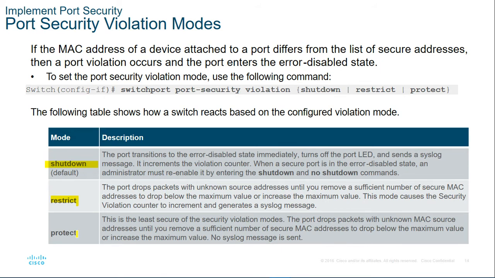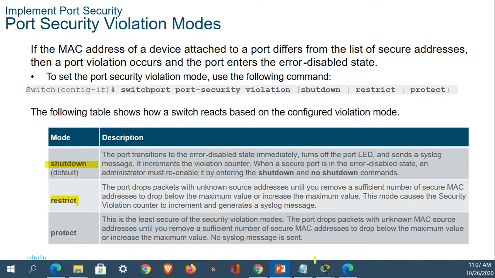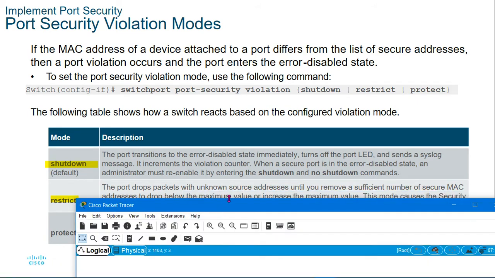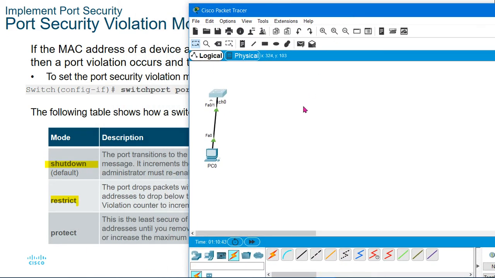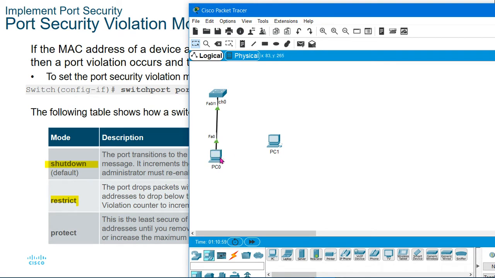We will take an example. We registered the MAC address. Let us take the example. Now, for example, we have registered the MAC address of PC0 in interface F01. For example, if we connect another device, I hope we have configured the MAC address. No problem, let us try this.